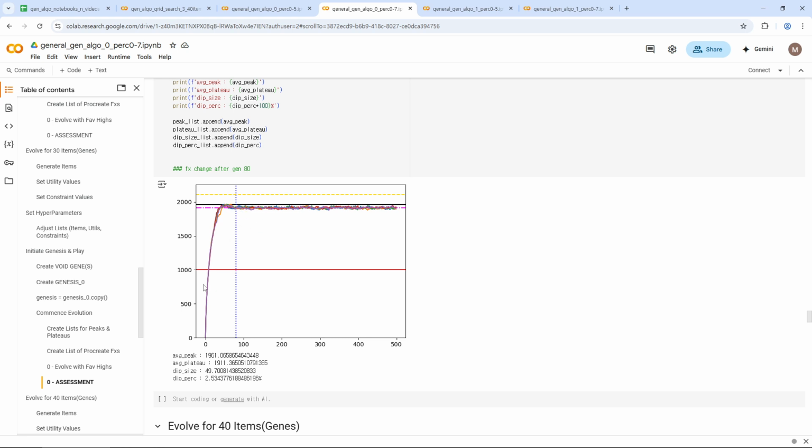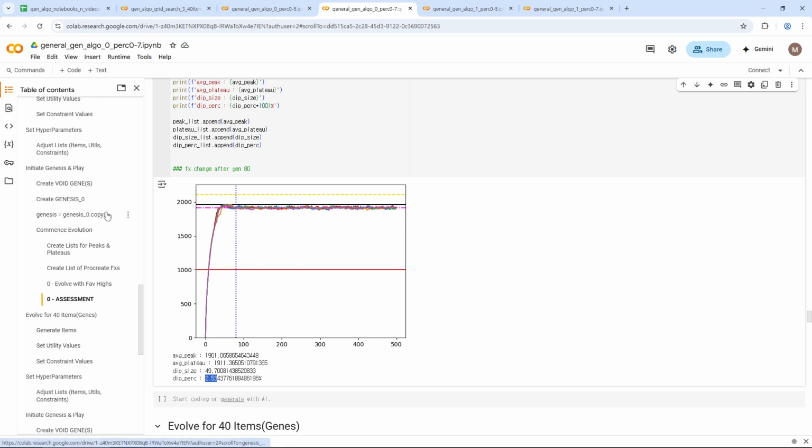It is more visible right now. However, it's still at 2.53%. So maybe not. Maybe I'm getting too hopeful, maybe I'm getting too optimistic, or not, depending on how I look at it. But